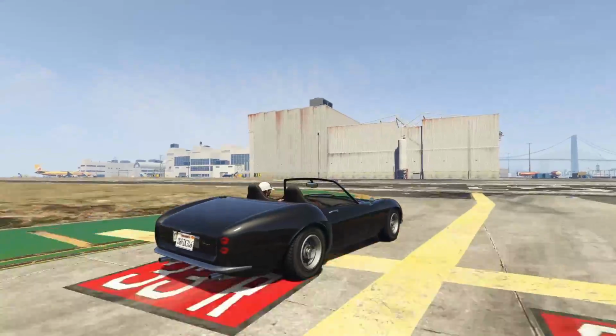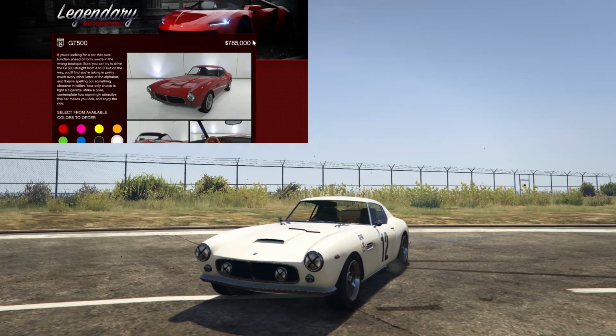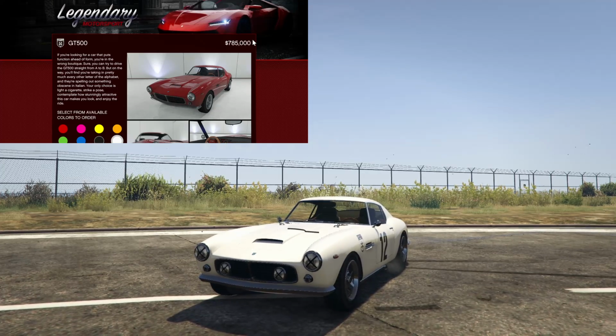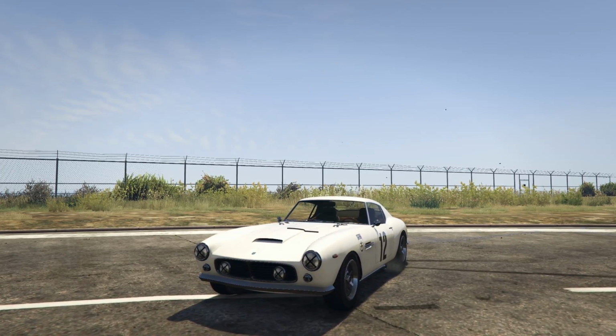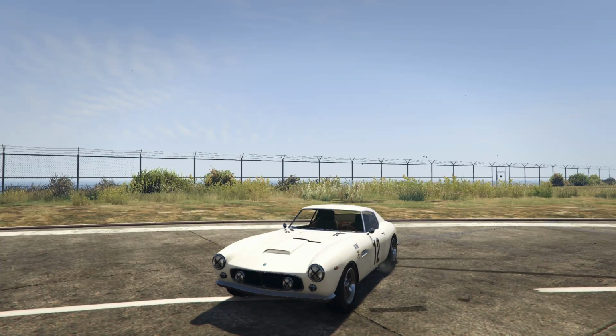That's pretty much it for the Stinger and the start of C tier. Let's move on to the next vehicle within C tier. Next up, we have the Grotti GT500. Now, this is actually a car that I really like and I really respect it. However, it's not a very good car. Now, the GT500 goes for